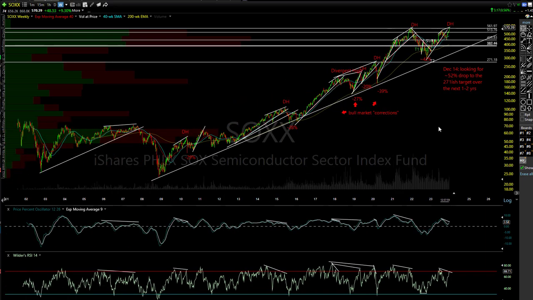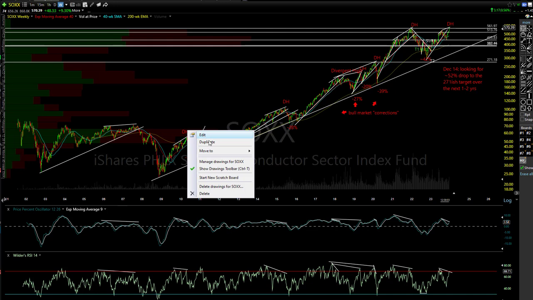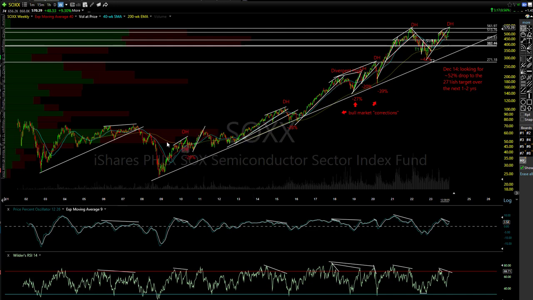Okay, now back to the good stuff. I had all the divergent highs here going back as far as I can on SOXX. That's the iShares PHLX SOX Semiconductor Index Fund. It's an ETF that tracks that semiconductor index. I'll go over the other two if time permitting. XSD and SMH are your other two big semiconductor ETFs, just run by different companies. You have a different basket, with different weightings of various semis.